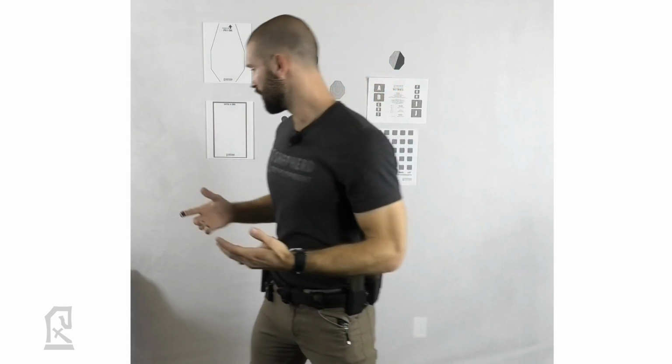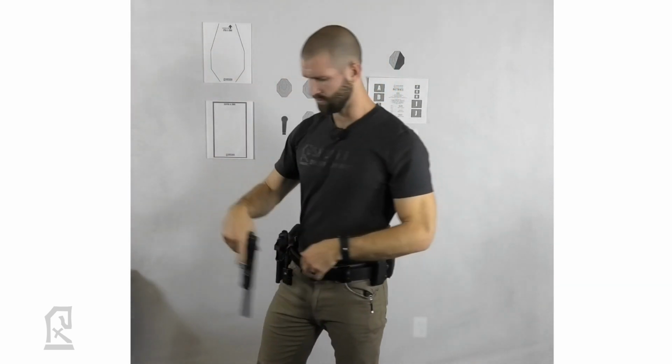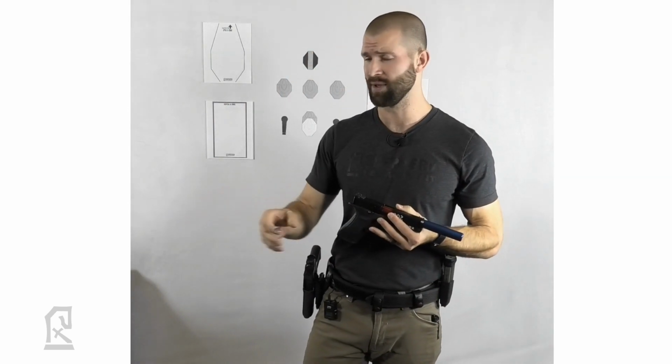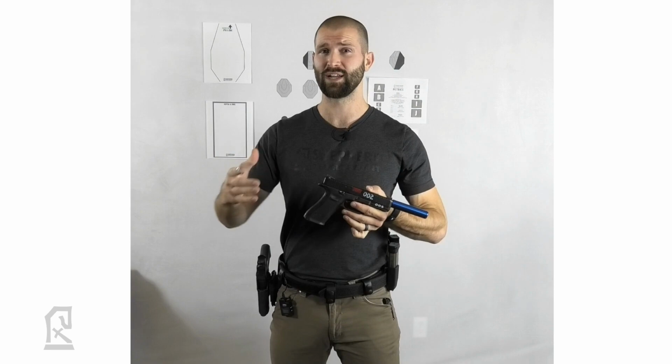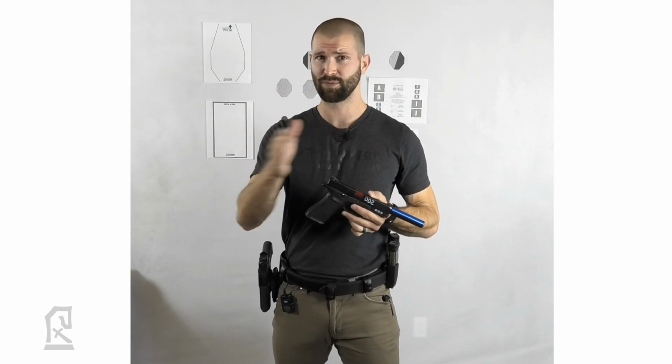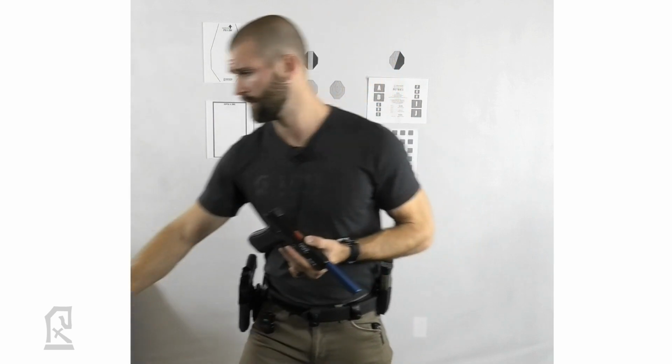All right, you can also run this with the old trusty Coolfire recoil, which actually will give you each split if I'm running on the timer. So this obviously is a nice training tool, or if you have a resetting trigger, you can get every single one of those trigger presses for your bill drills and your splits, even on your timer here. So this won't be from the holster, but...